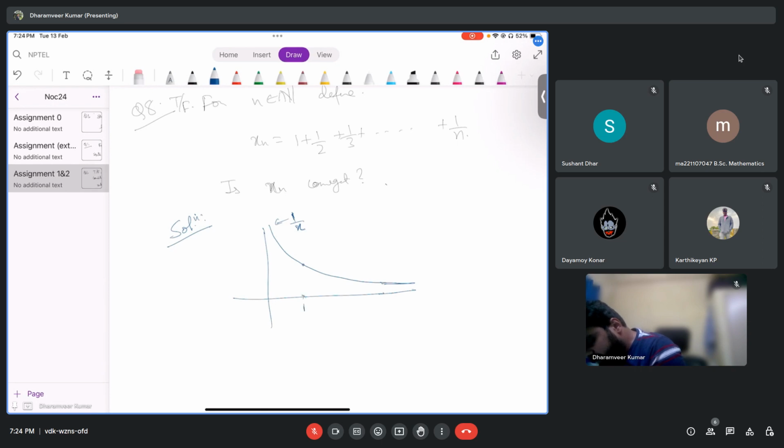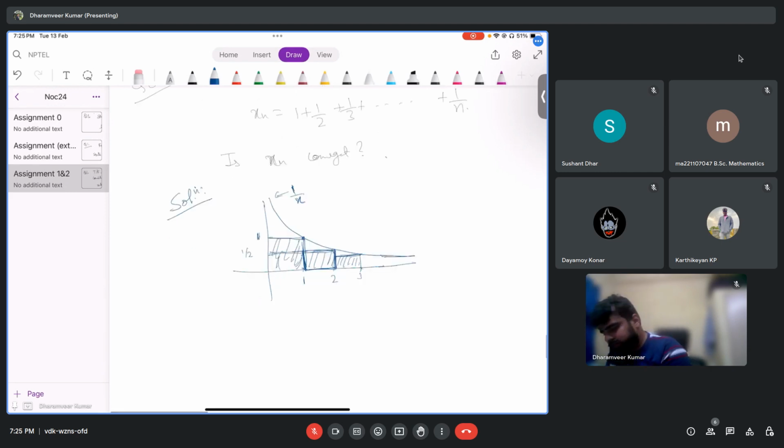At 1, this is 1, right? At 2, this is 1 by 2. So if I consider these boxes, this is 1, this is 1 by 2, this is 1 by 3. So basically